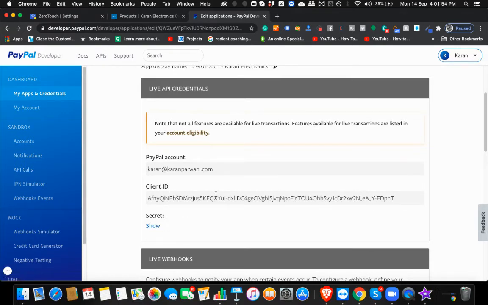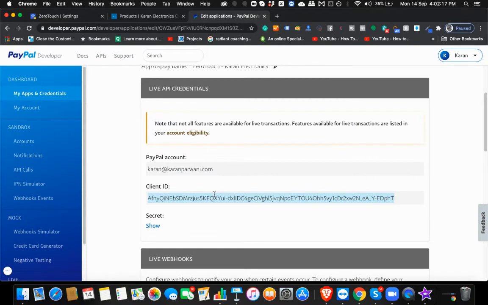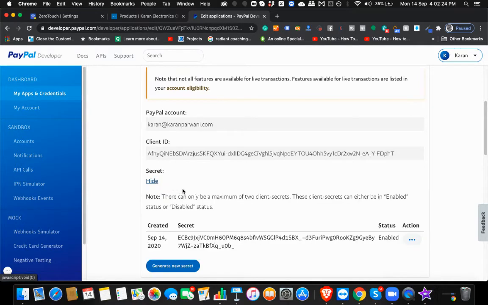Make sure that you copy the whole thing from over here, Control C, or if you're on Mac, Command C, and come back to Zero Touch settings and paste the client ID over here. Make sure that you're not having any spaces, and everything is configured well. Then we go back to the PayPal developer dashboard and click on this client secret, which of course we will blur out.